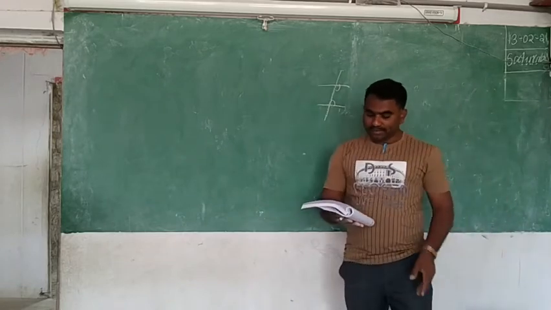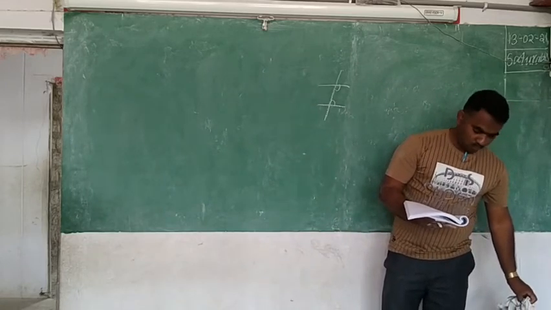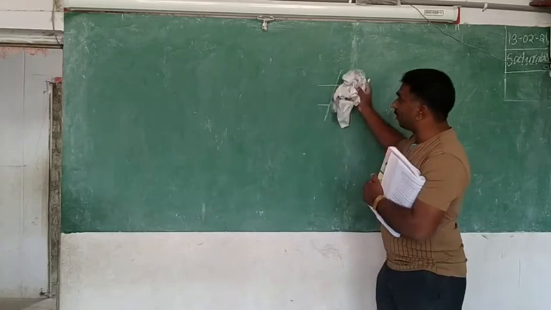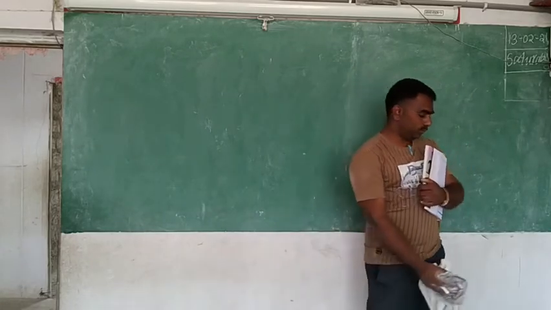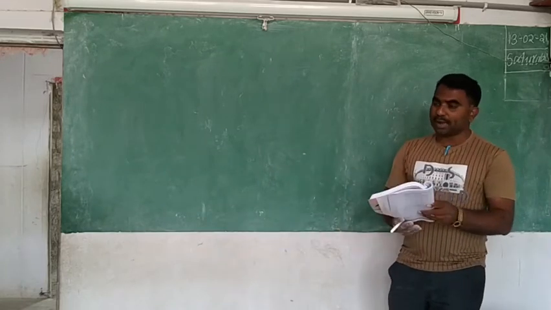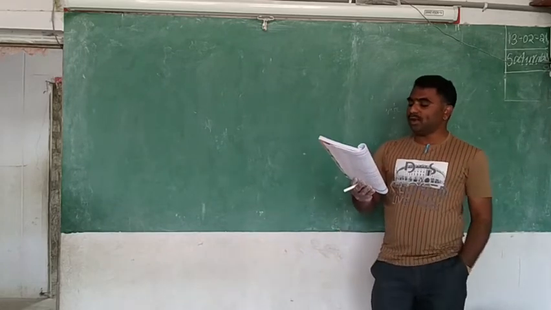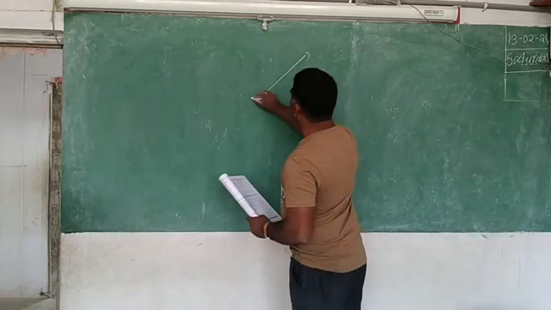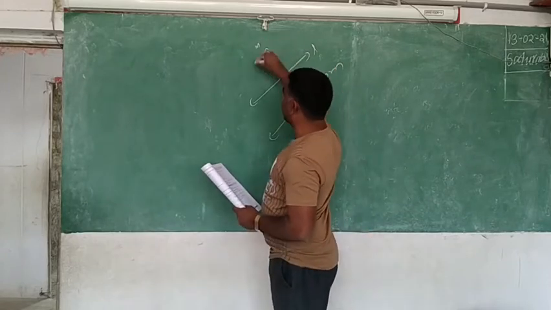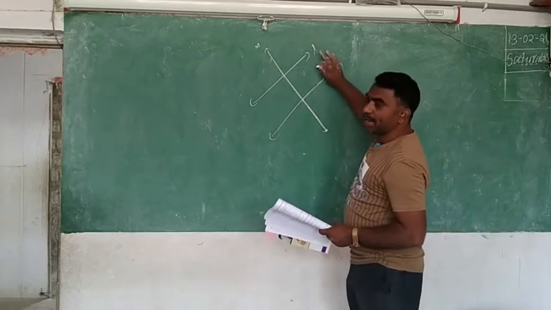If two lines intersect each other, then the number of common points they have? If two lines are intersecting each other, then how many common points are there? One only. Only one. Okay, second one: here L and M are parallel, they have given. This is L and this is M and it is N. Which is the transversal in this picture? N is the transversal, and he is saying both are parallel.